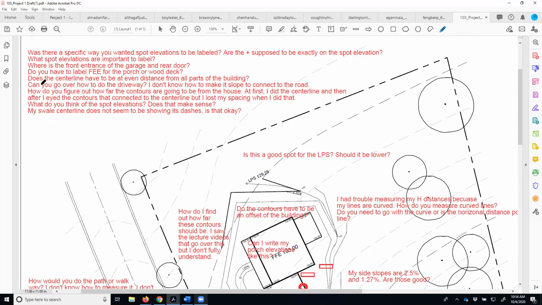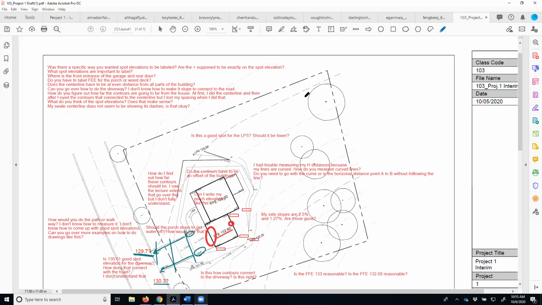Can you go over the driveway? Yep, just did. How do you figure out how far the contours are going to be from the house? At first, I did a center line, and then after I eyed the contours that connected to the center line, but I lost my spacing when I did that. Okay, so